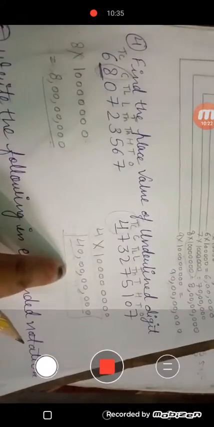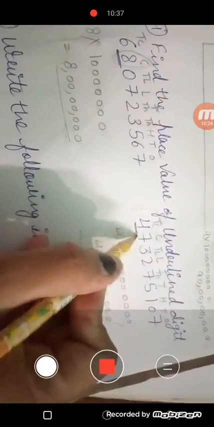This is the place value of the underlined digit only, and here we have to find out the place value of all the digits. So this is the difference between our third question and fourth question. Okay, you have to do the questions by yourself. Now let's move to another question. Write the following in expanded notation. Very easy. See,